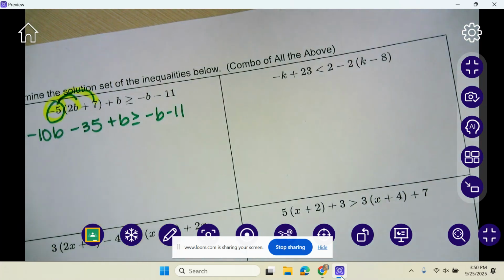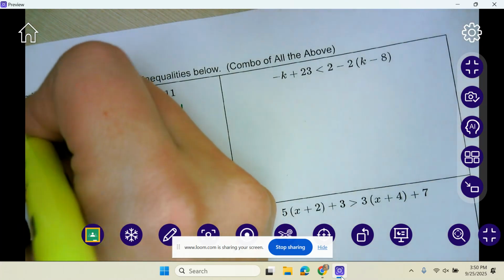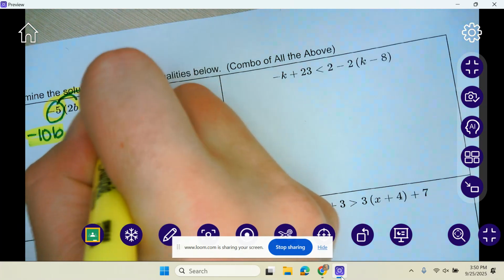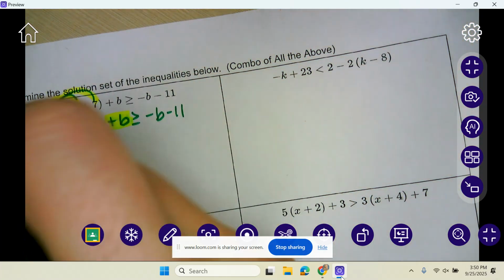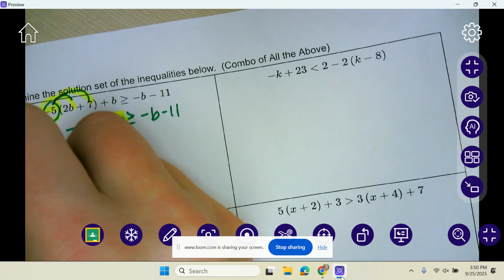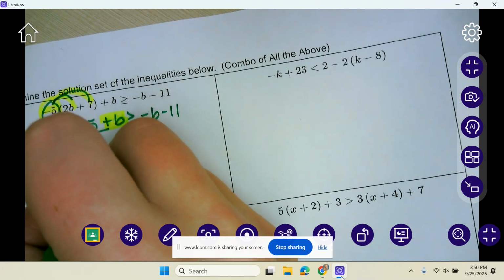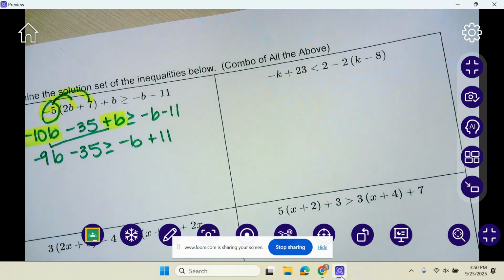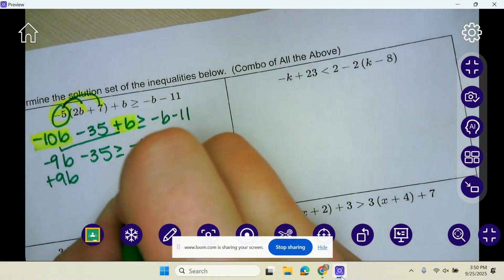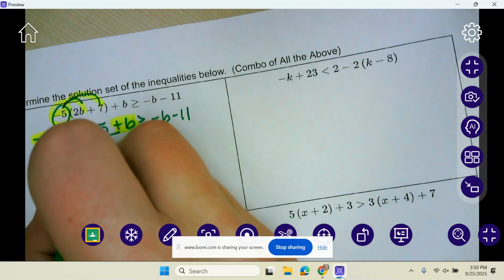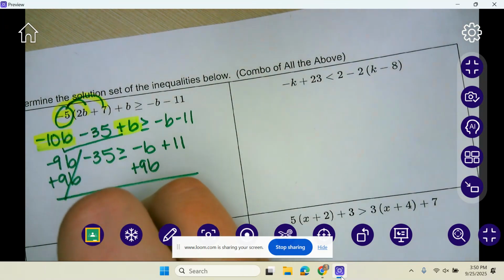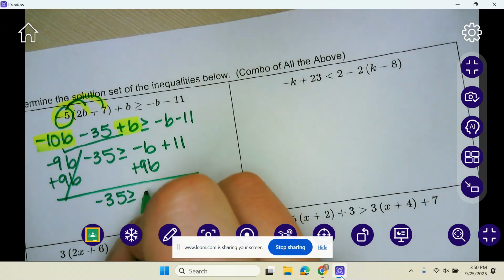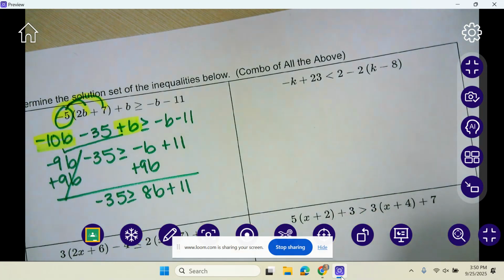So -10b plus b, those two are going to combine, and that's going to give me -9b. Okay, so at this point, I would probably move the 9b over here. So I would do 9b. So I'm left with -35 on this side. This is 8b. Okay, so I'm going to